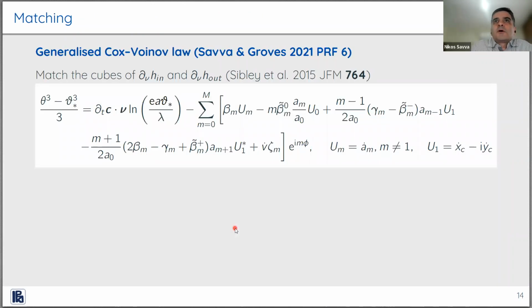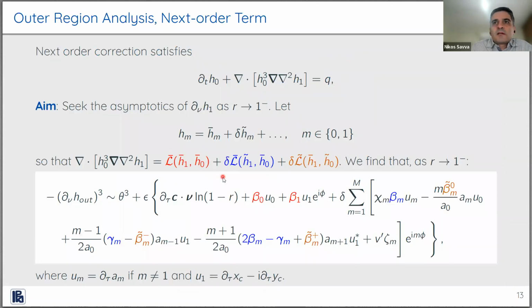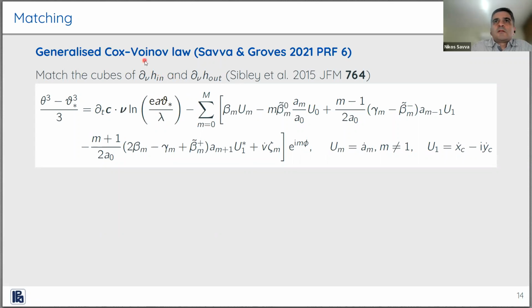Okay, so maybe that's the last equation that you're going to see. If you match the cubes of the inner and outer solutions, why matching the cubes is appropriate here can be explained in other works. I don't want to bother you with the reasoning. You can see that if you do this, these logarithmically diverging terms with respect to R can cancel each other out. So basically set the cube of the inner solution and the cube of the outer solution to match, and